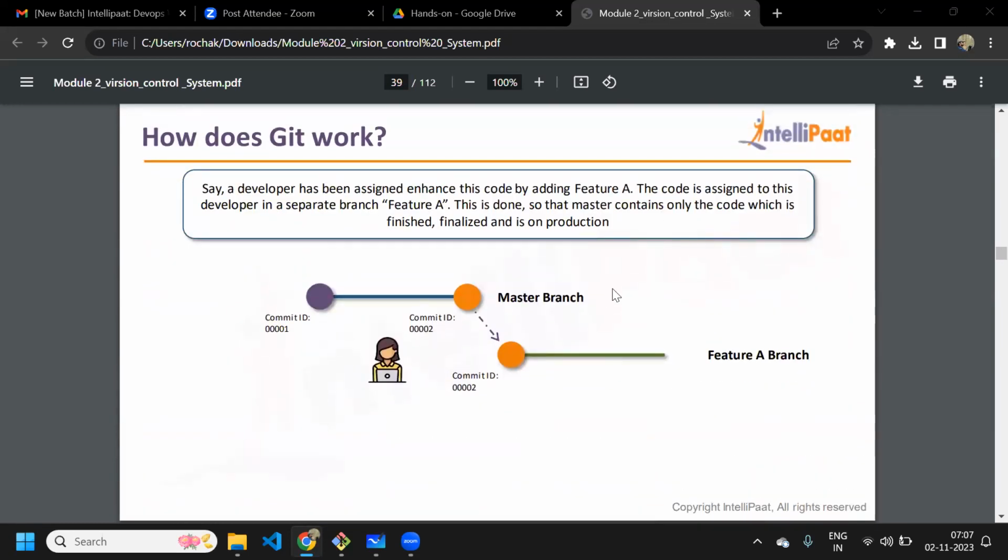Okay, now understand the very important concept of branch. So currently what we have seen till now, right? Whatever we are doing, let's say this is version 1 and we are doing some commit and this is creating version 2, right? So it is all happening in the master branch. So by default, when you create a Git repository, it comes with the master branch. So master branch, you can say it is a default branch. Okay. So if I see my repository,